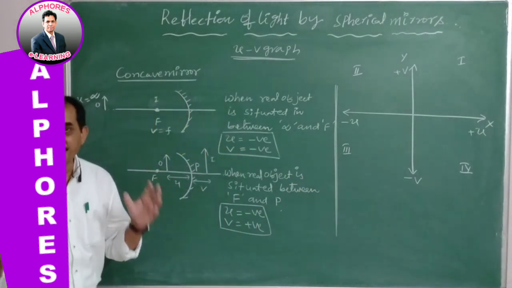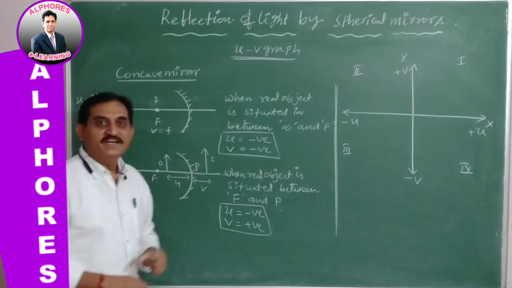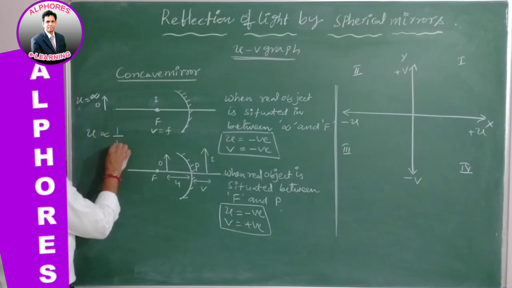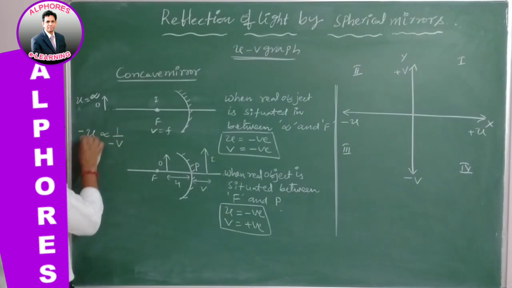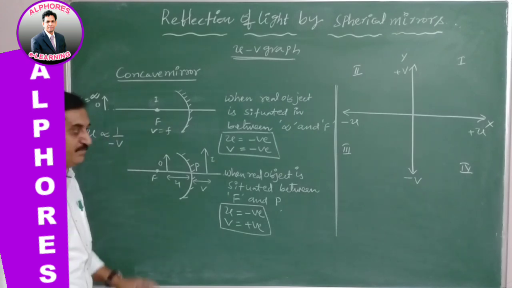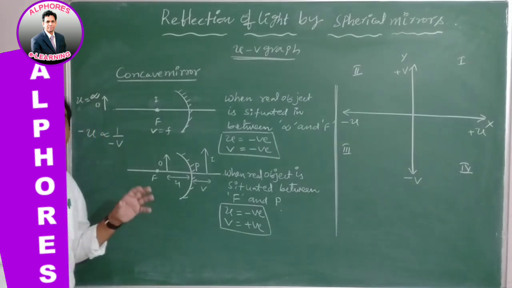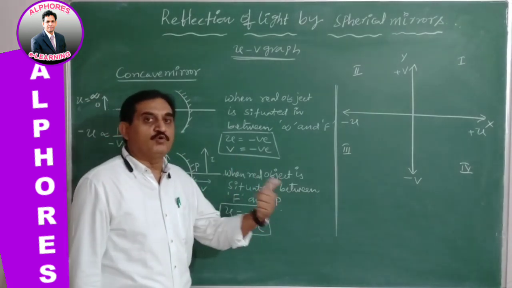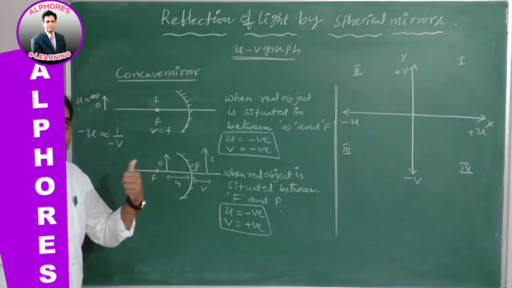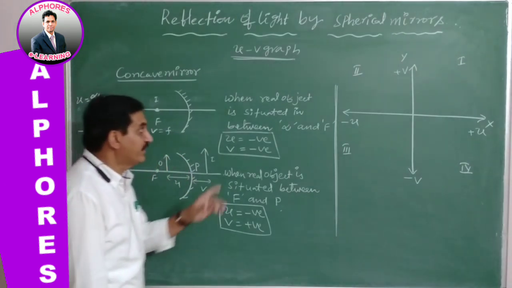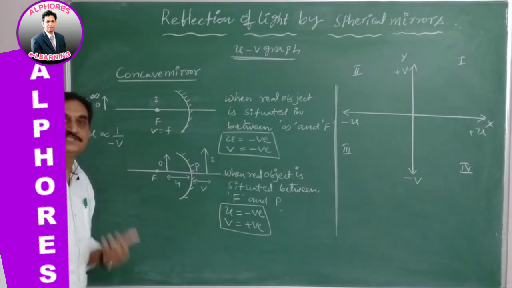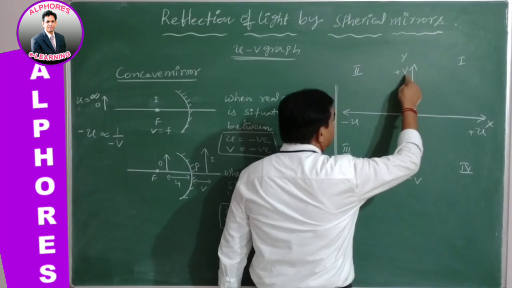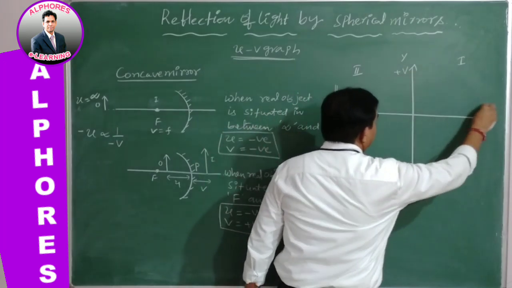Both are having negative sign, and as we know, it gives a UV graph of a rectangular hyperbola, U is inversely proportional to V. This is negative and this is negative. This is giving a rectangular hyperbola. It is possible to get the rectangular hyperbola in two quadrants, quadrant 1 and quadrant 3, because in quadrant 1 U and V both are positive. See here, U and V both are positive,